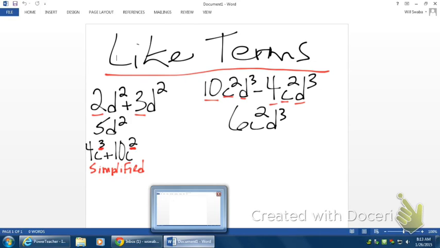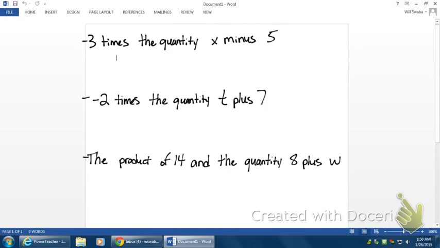Absolutely. Have to have the same variable, have to have the same exponent. Always, always, to be considered like terms. In terms of an expression, because we're not solving for anything. Okay? Now, the main thing to worry about here is to try to figure out